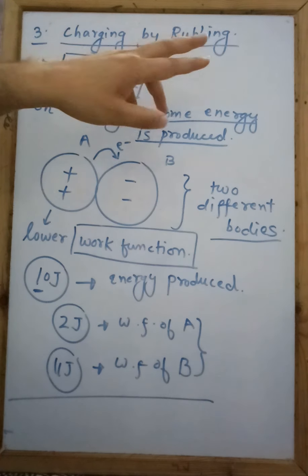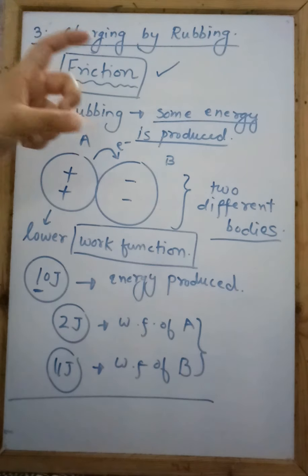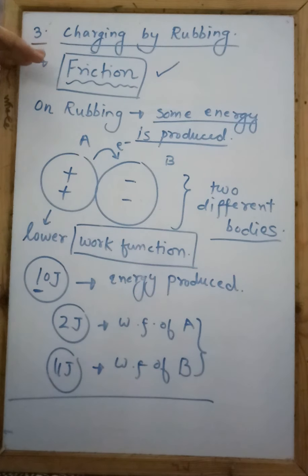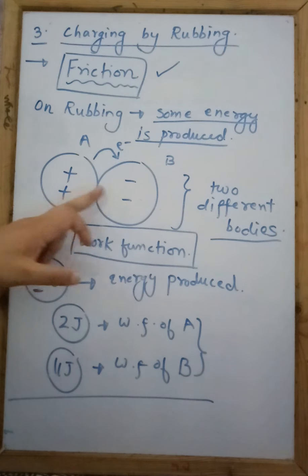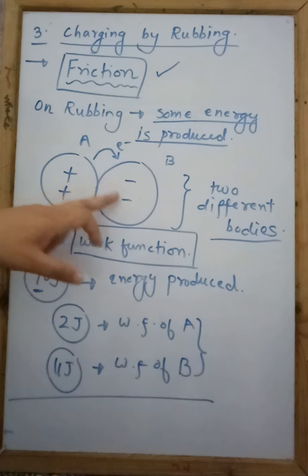Discuss charging by rubbing. सो आपको एक एग्जाम्पल से समझाने के लिए आ सकता है। सो write a brief note on how you can produce charges by rubbing. सो the important force is friction, फ्रिक्शन होगी तो एनर्जी प्रोड्यूस होगी जब हम दो बॉडीज को रब करेंगे, और वो एनर्जी इतनी होनी चाहिए कि वो जो दो बॉडीज को आप रब कर रहे हो उनके वर्क फंक्शन से ज्यादा हो।